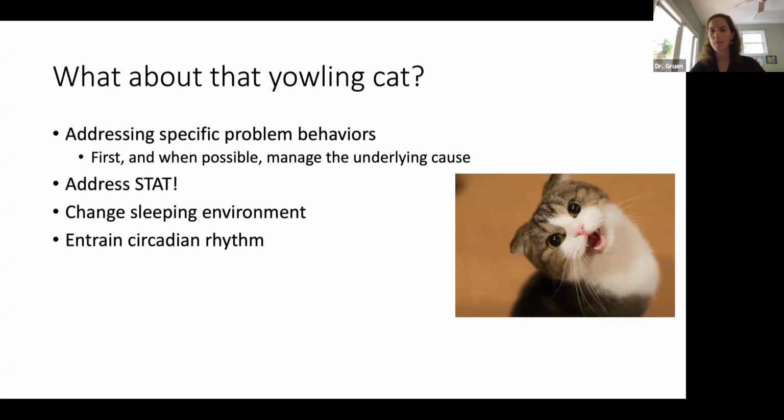But if they're sleeping much more during the day, particularly during the times we know cats should be active, so in that morning time when people are getting up and moving, we have a lot of evidence that cats who live inside homes will adapt to that slightly more diurnal pattern, where as their owners are up and moving around in the morning, they're up and moving. And then in the afternoon and evening, as owners come home, they're more active. If they're sleeping during those times, then we can see that shift in their awake time. And so we want to be engaging with them during the times that we're home and active. We want to try to get them awake and moving and interacting with us so that we can encourage better